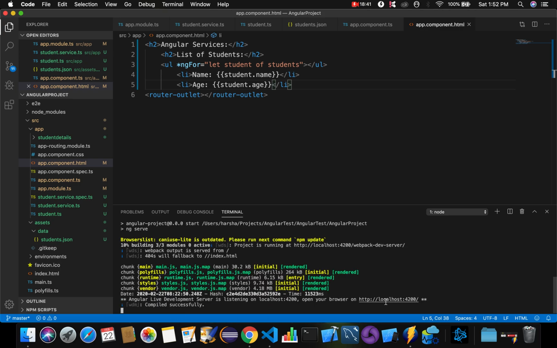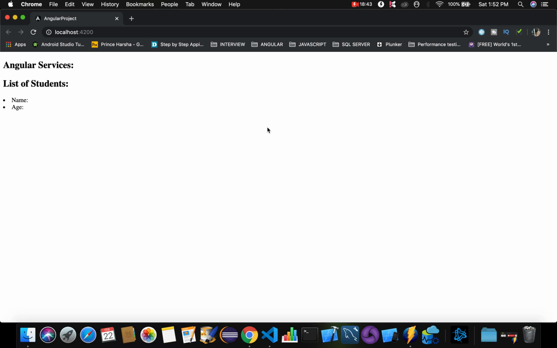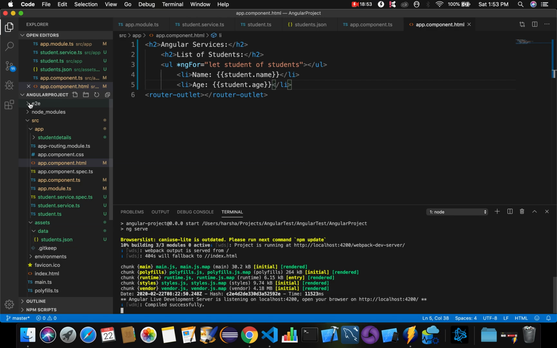Okay, compiled successfully. Now if you observe the web page, you can see that name and age are getting displayed, but the corresponding values for name and age are not getting displayed here. Why? Let's see now. See, student.name, student.age, right? This we are getting from